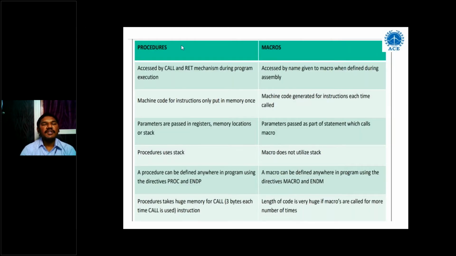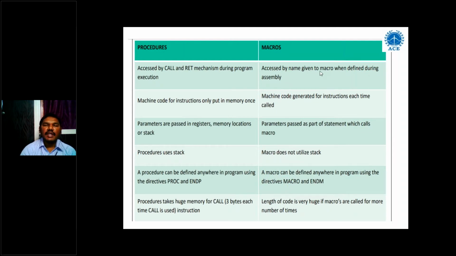Next, macro definition directives. These are the differences between procedures and macros. Procedures are accessed by the CALL and RET mechanism during program execution, and macros are accessed by the name given to the macro when defining it, during assembly.